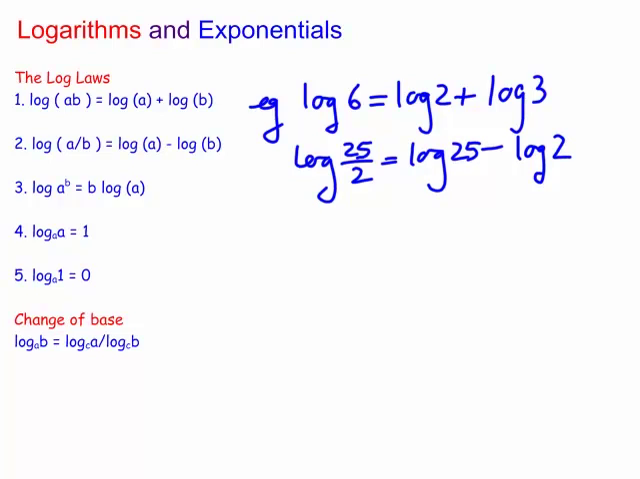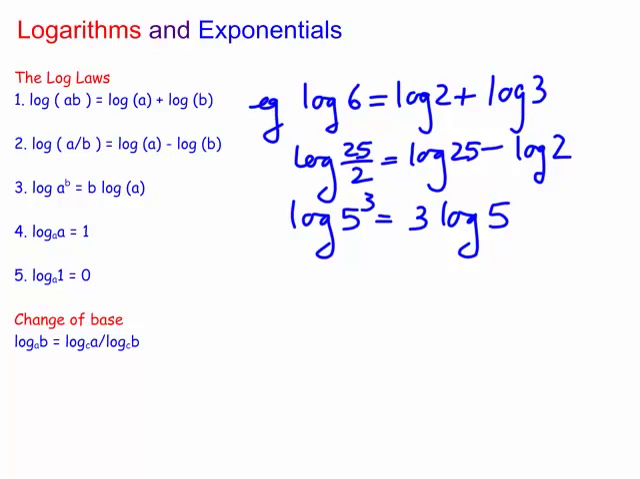Let's have a look at the third one. Say the log of 5 cubed is equal to 3 lots of the log of 5. Now that will work for any base. If you look at 4 and 5, these are basically the logarithm of a to the base